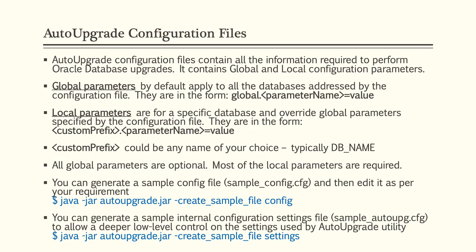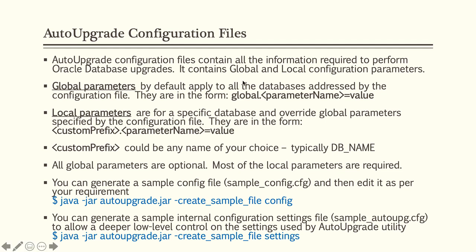Somebody said, what do I need to know? You said the important thing to know is about the config file. I said yes, the auto upgrade takes a single input, which is the config file, which you can edit. It's a text file with all parameters in it, where you indicate the bare minimum ones that are required.